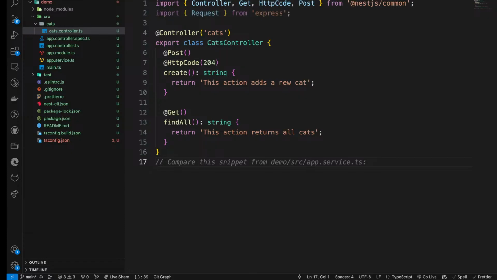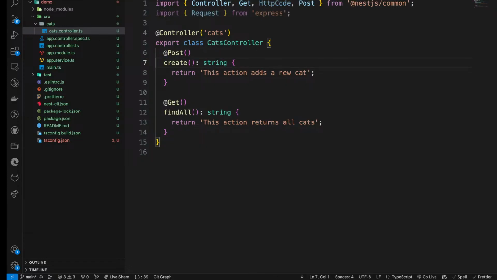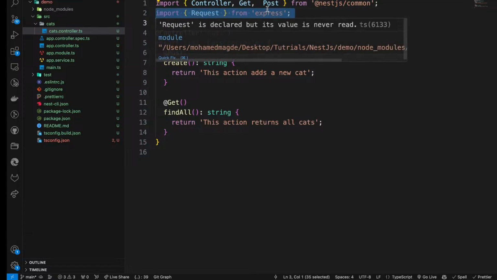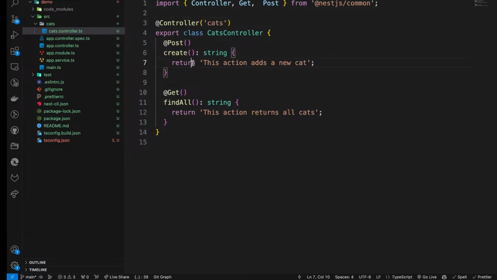If we want to use the headers, let me delete the status code, to specify a specific header, like a custom header. You can either use a header decorator or library specific res.header if you want. So if you want to use the header decorator, let me delete this, and let me delete this. You will basically use